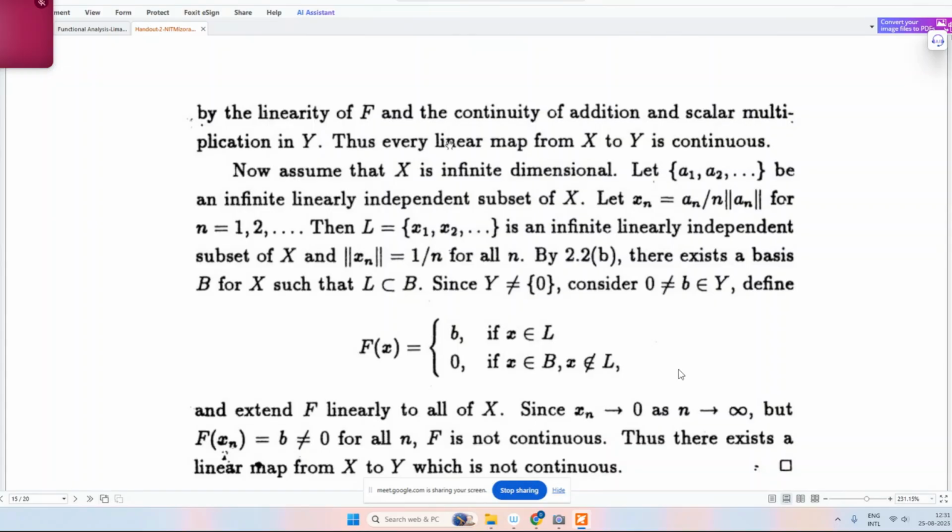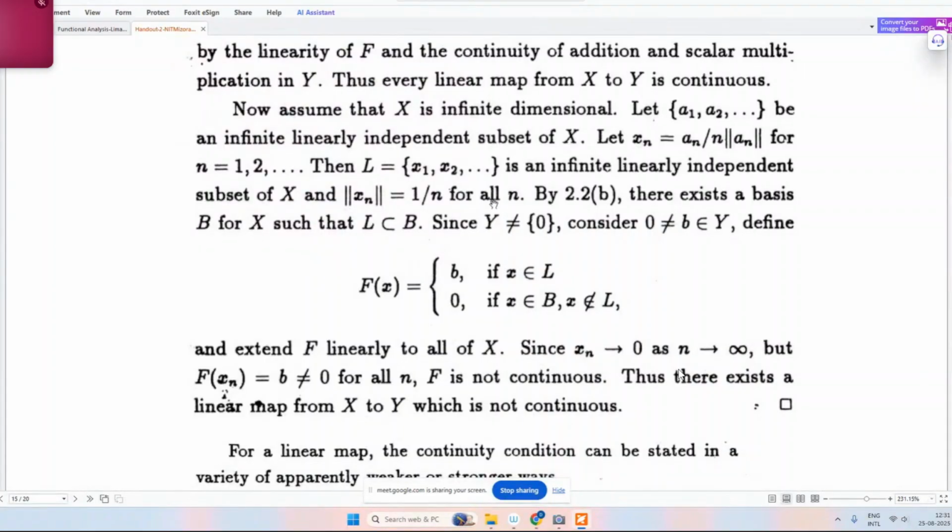So by the linearity of f and continuity, scalar multiplication and other things are clear. Okay, so no problems in this problem. It's a simple proof. Now we want to show that if X is not finite dimensional, then there is a linear operator which is not continuous. See, the question is, a base function